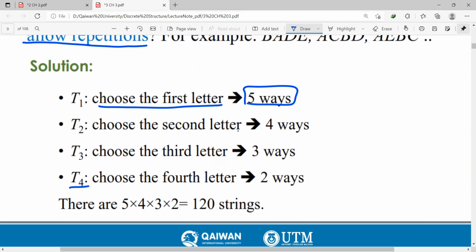Now we have these 4 tasks. Since we have successive tasks,